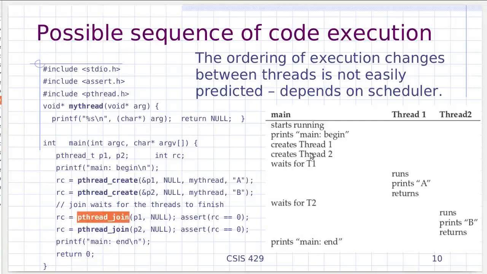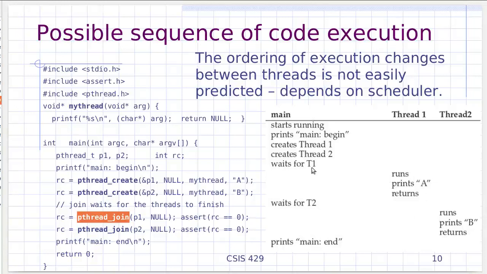So you create thread 1, thread 2, P1, P2. You wait for the first one to finish, and maybe 9 times out of 10 it'll be thread 1 that starts and prints an A. Maybe every once in a while, thread 1 starts but doesn't get to print, and before it gets to print, thread 2 gets created and prints out the B, and then thread 1 might get to run. That's possible. Try it. Run it 10 times. You might see things that are slightly different, but for a short program like this,